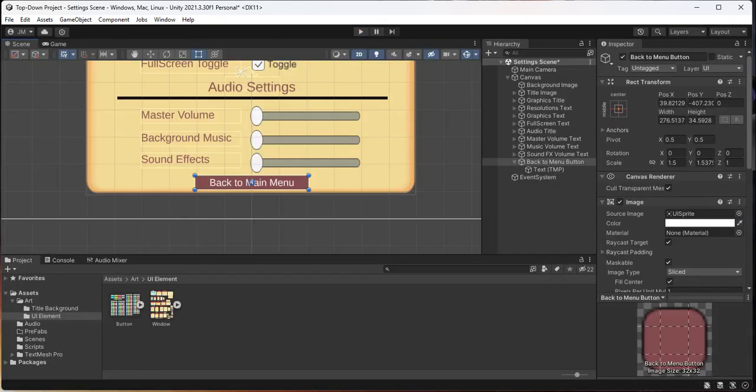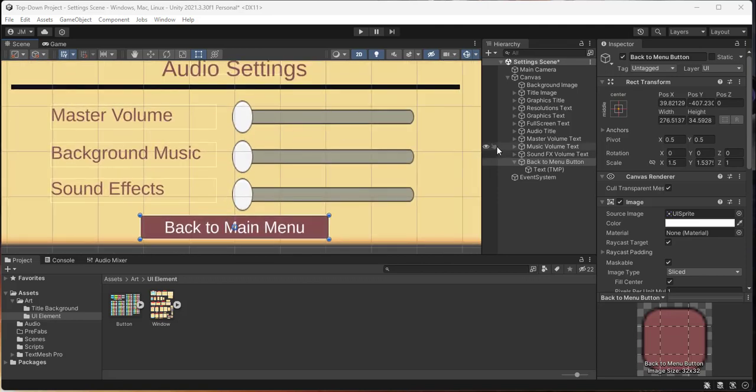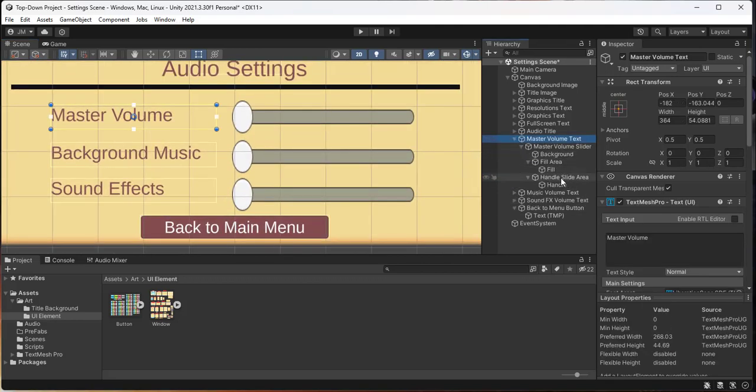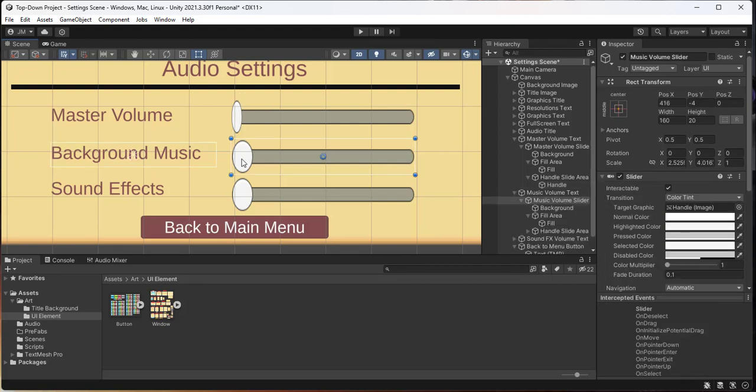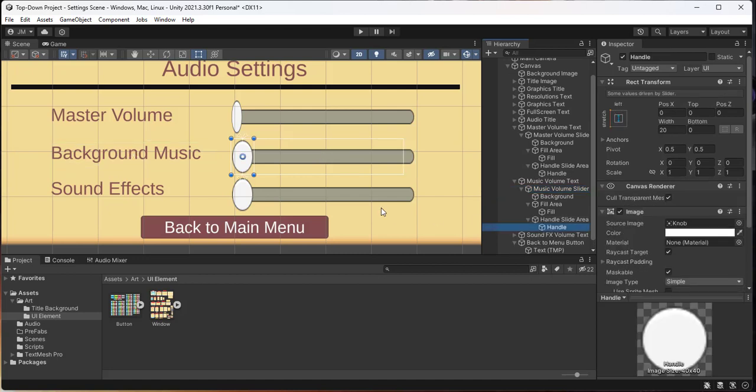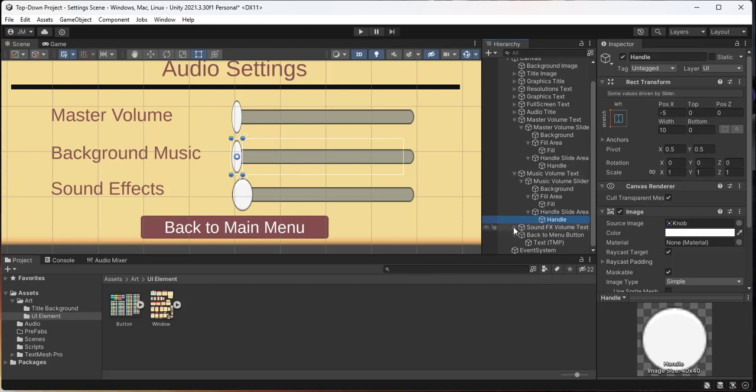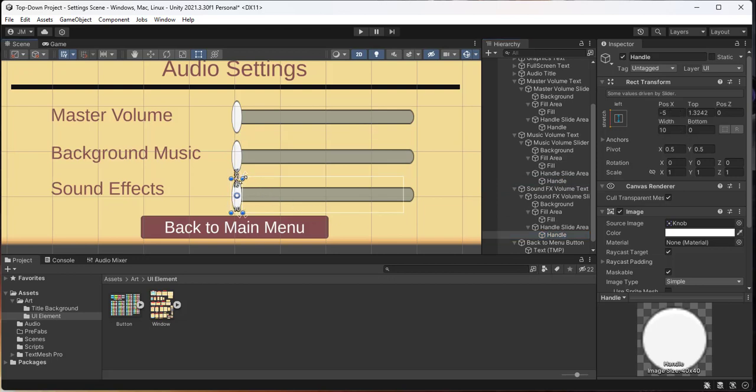Nice. All right, then I'm going to mess with these little handles on the slider. So I'm going to go to the master volume and handle, and I'm going to change that like that. Oop, I don't want that. I want just the handle. Going to eyeball this one. And you can change the color of these too. So if I go to the handle,